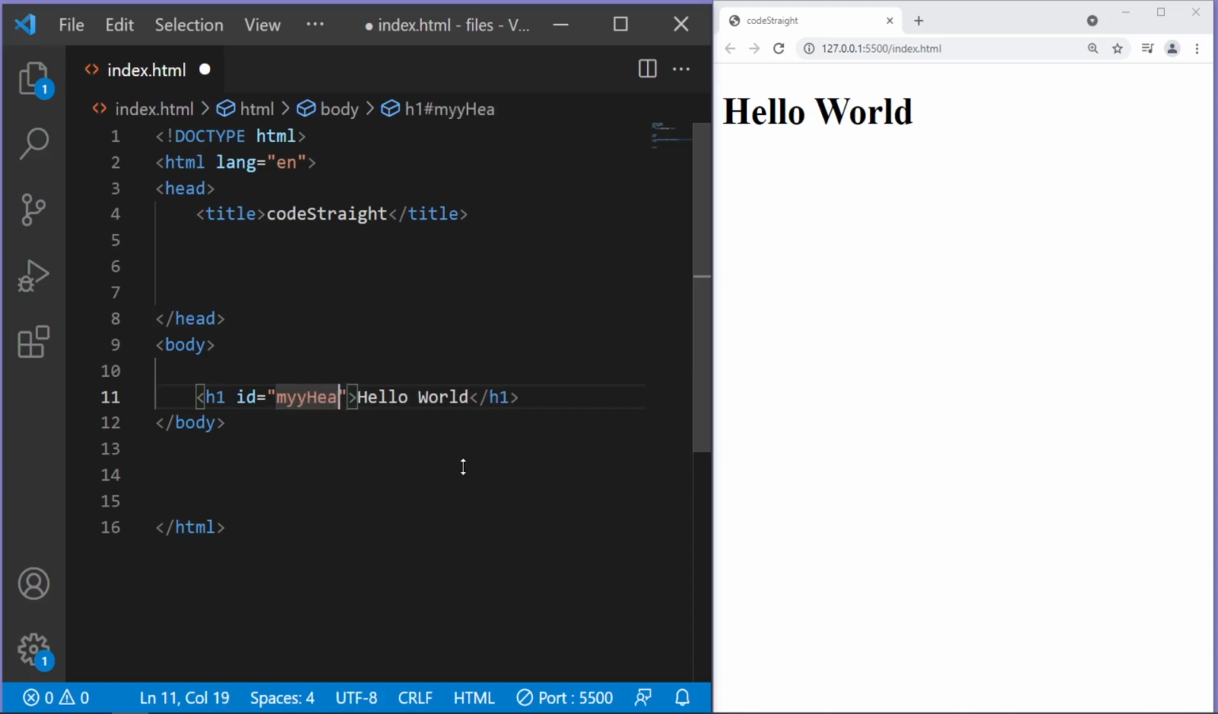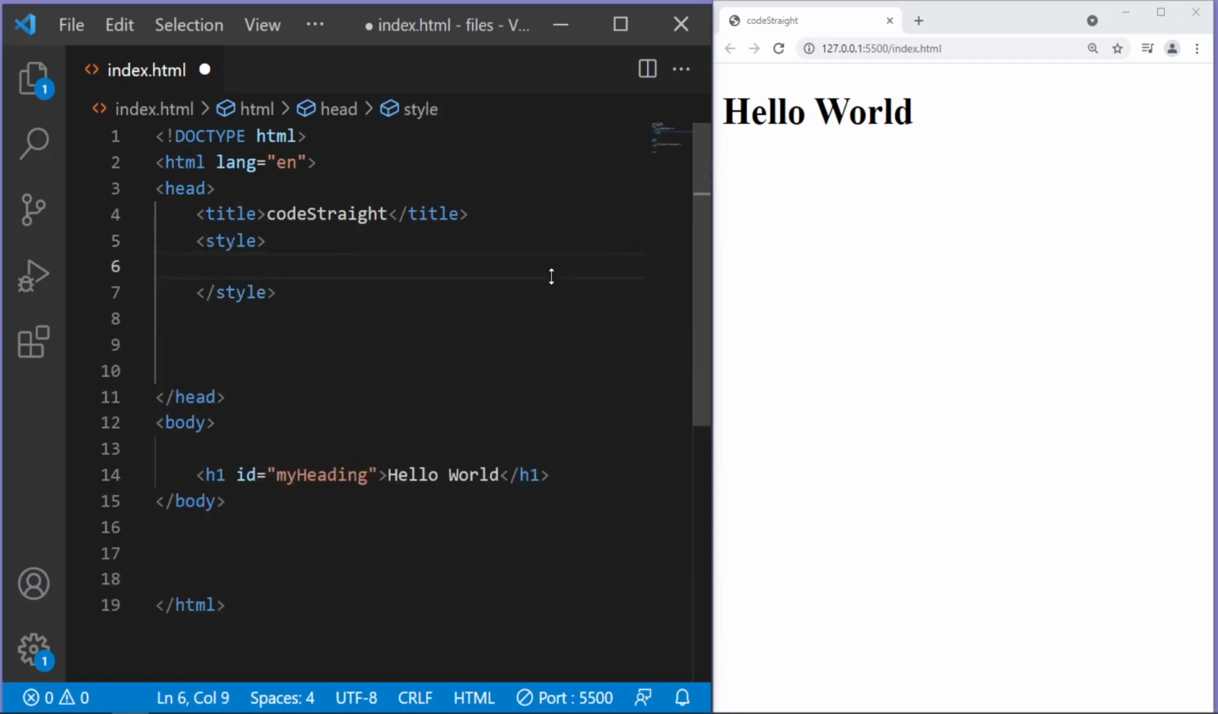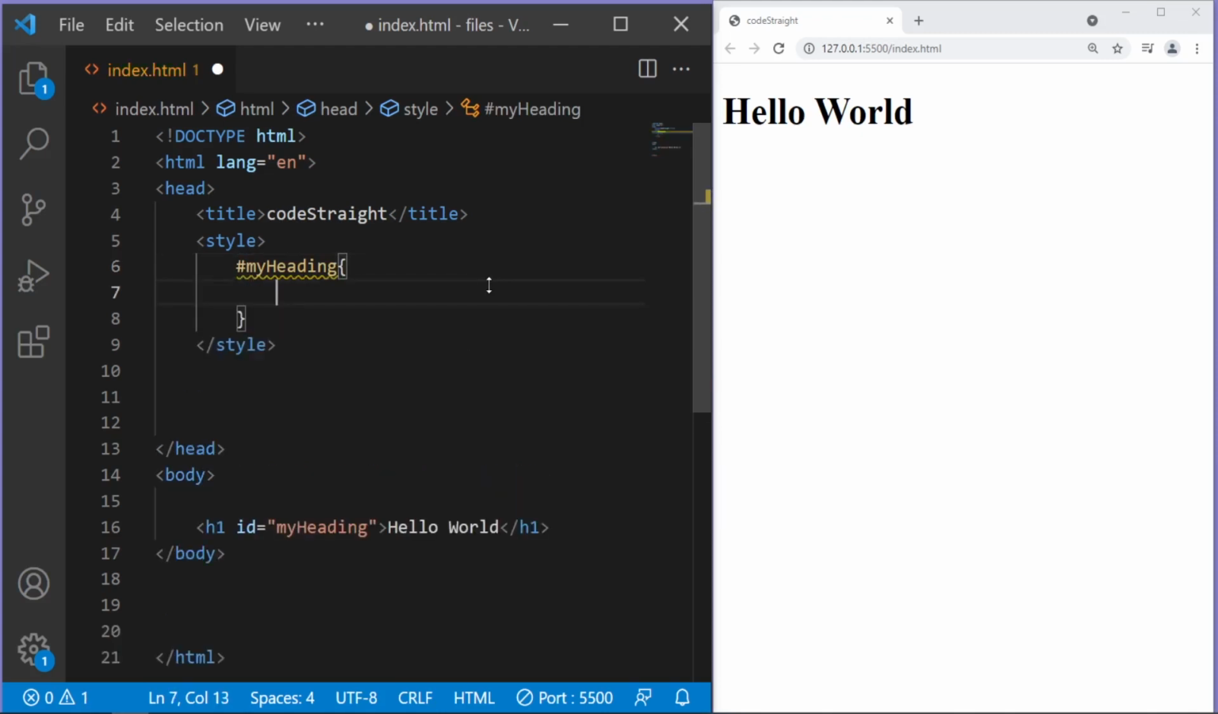my heading. Oops, let me delete it. And now I'm going to give it a reference of this ID within the head tag and type in here a style tag, and within this style tag I'm going to give a reference of this ID followed by a hash, paste, and a couple of curly braces, and after that I'm going to style my heading